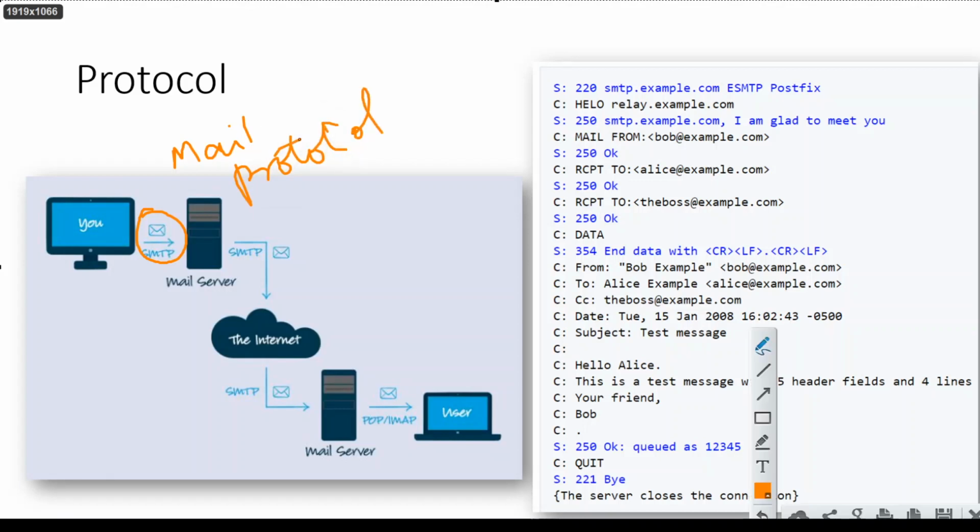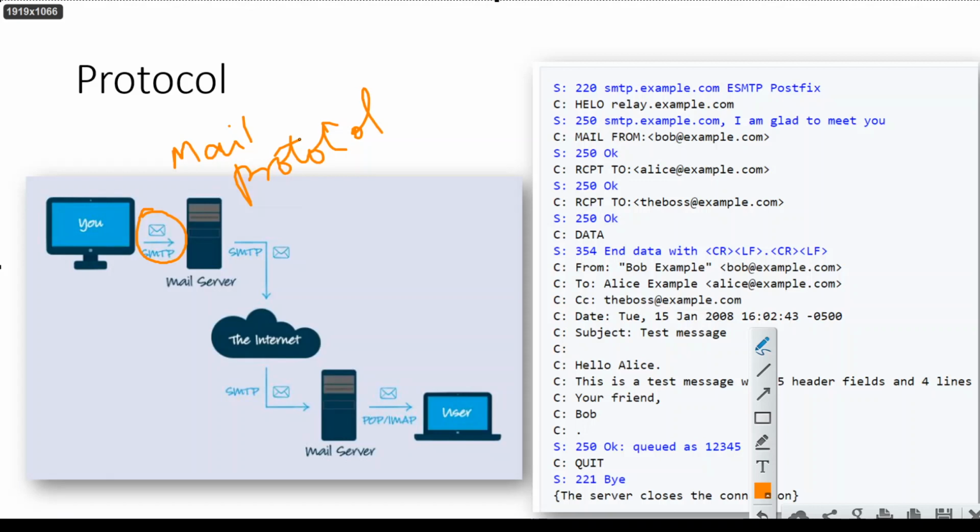Mail protocol. So when we send a mail, in fact, you can go to your mail settings such as Gmail, and if you go to settings, you will have options to set some things in the SMTP option. There are some things, but by default it has certain attributes already set.